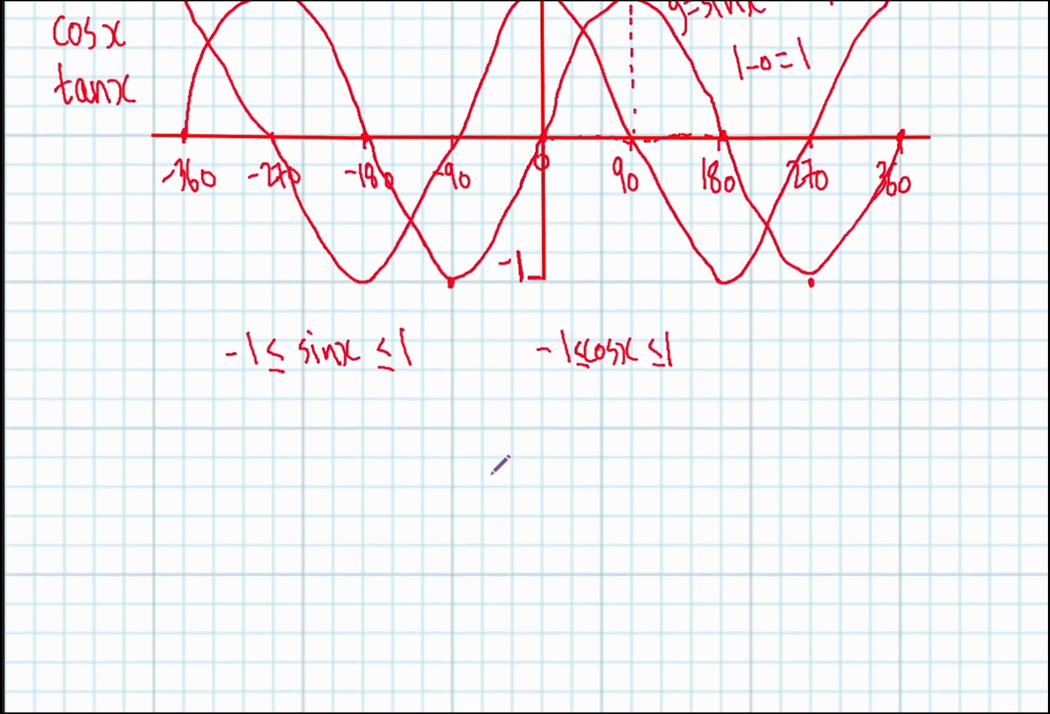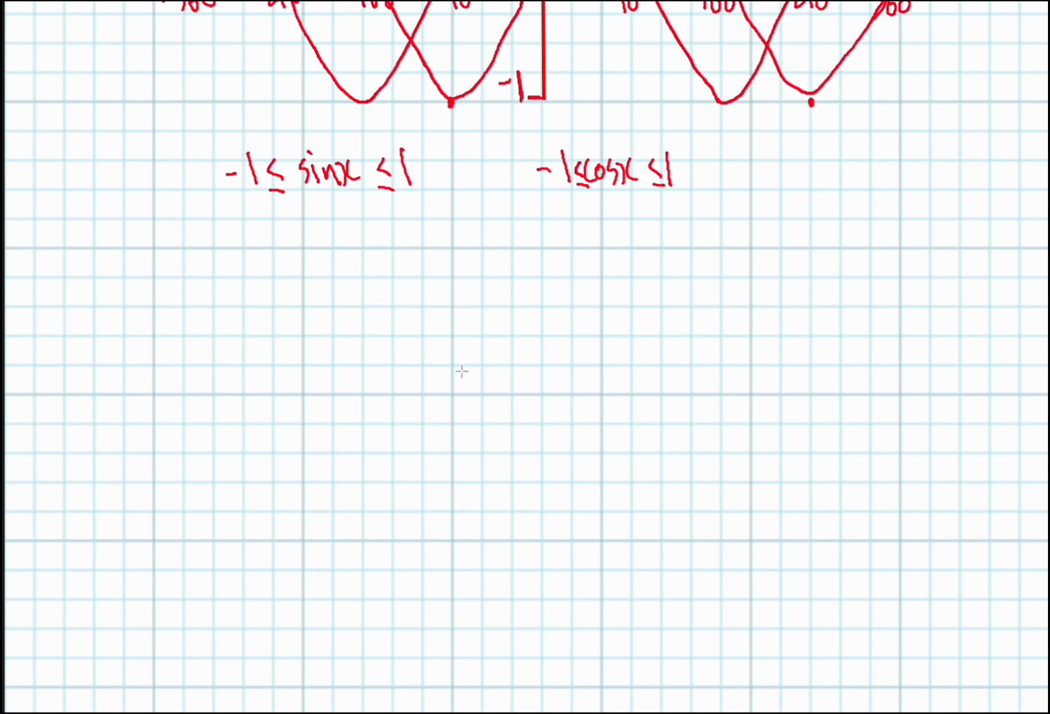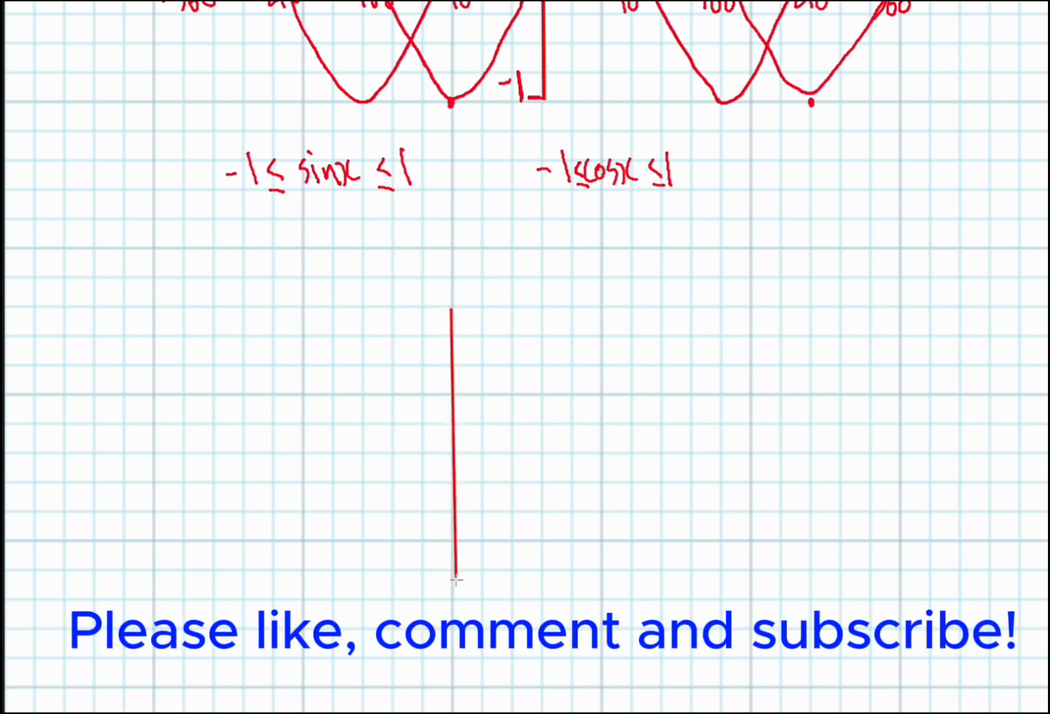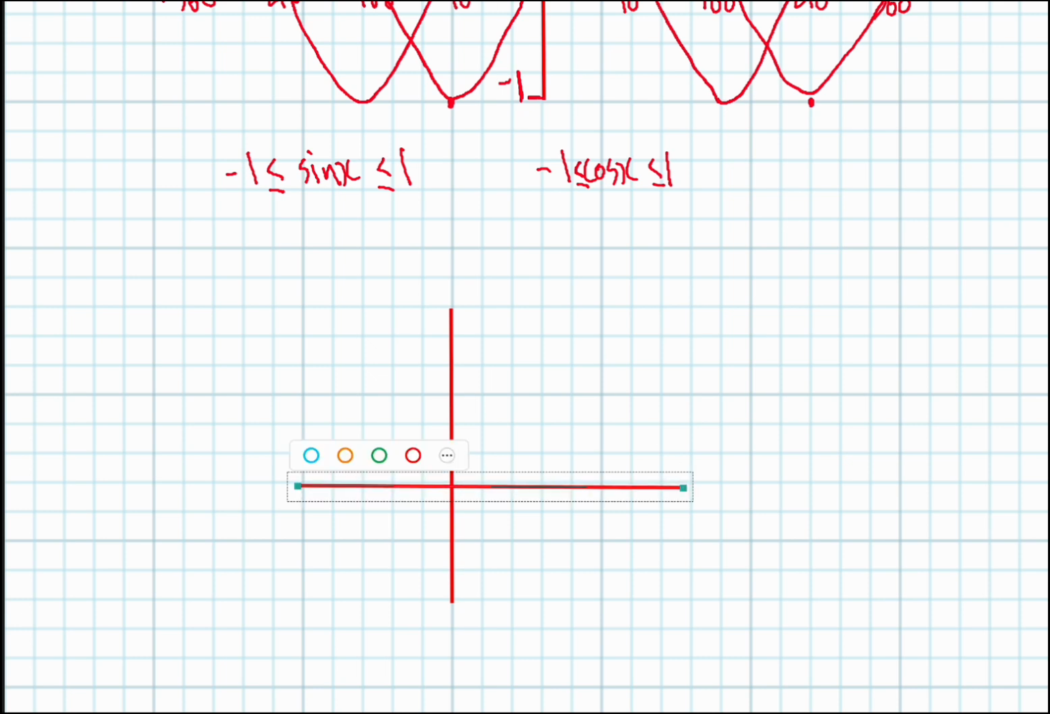So now tangent of x, this is a more interesting one. So how do we draw tan of x? So of course we have our x's again. I'm just going to draw a rough sketch, and I'm not going to label everything. So tan of 0 is 0. Tan of 90